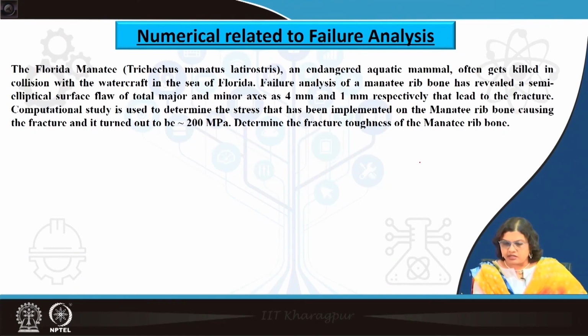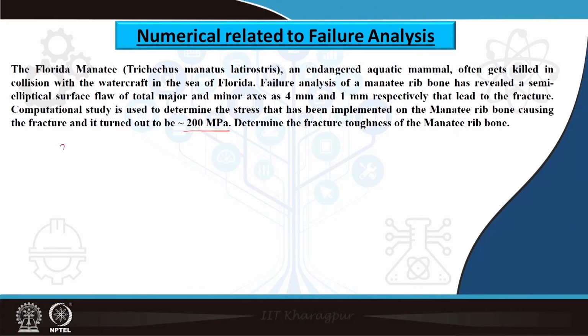And a computational study is used to determine the stress that was applied on the manatee rib bone causing the fracture, and this stress that has led to the fracture turned out to be 200 MPa. What we need to find out is the fracture toughness of the manatee rib bone. So, what we have here is